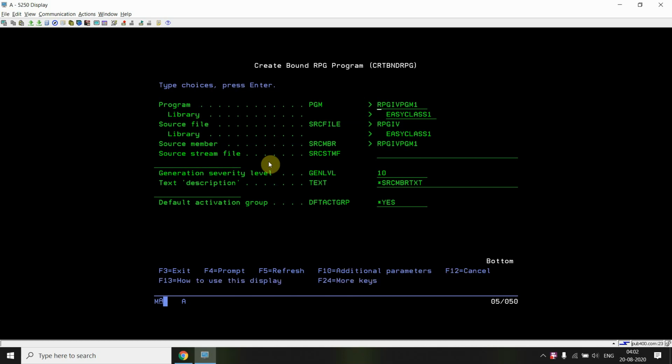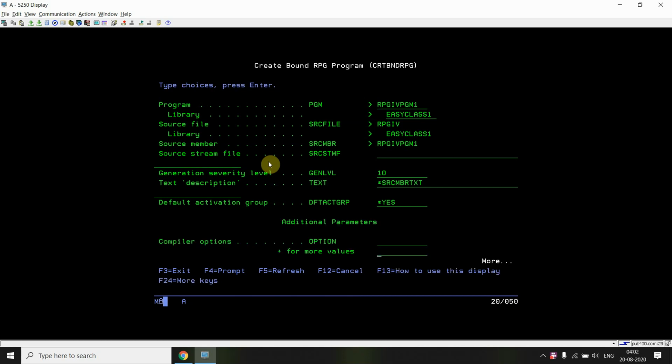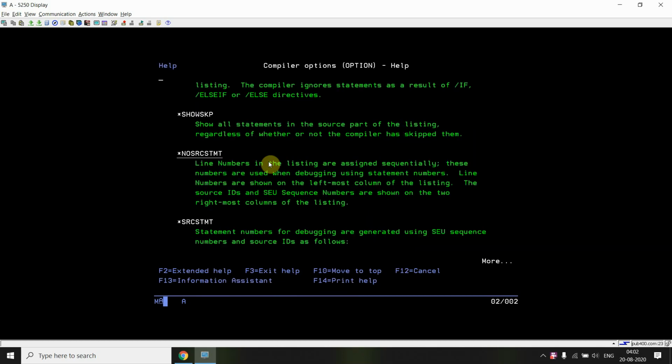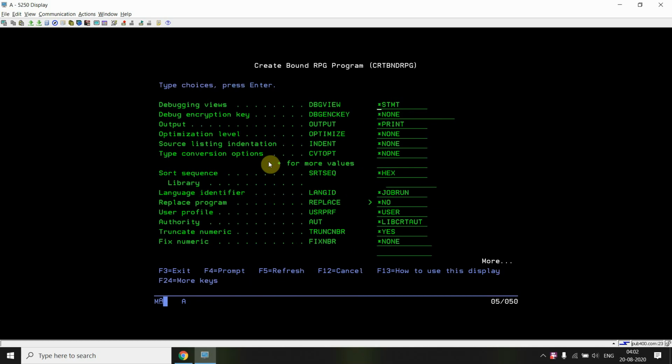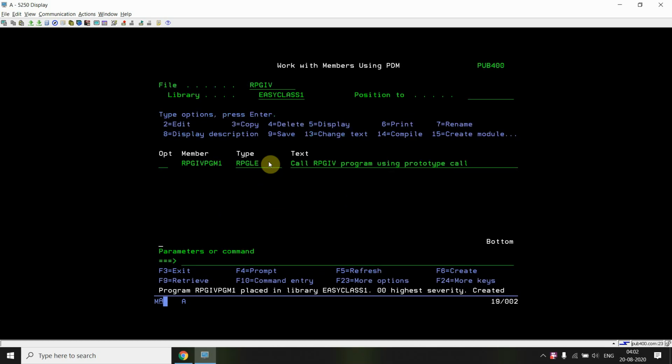This is the option. Okay, so the debug view will contain the source. So you can see that the RPG4 program is created.